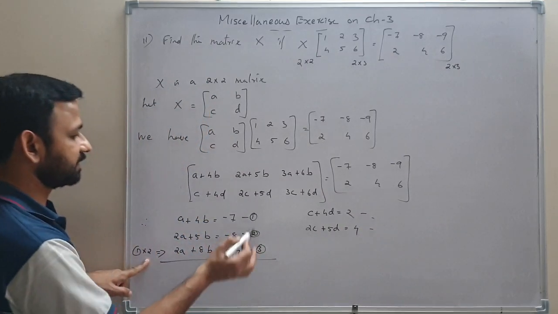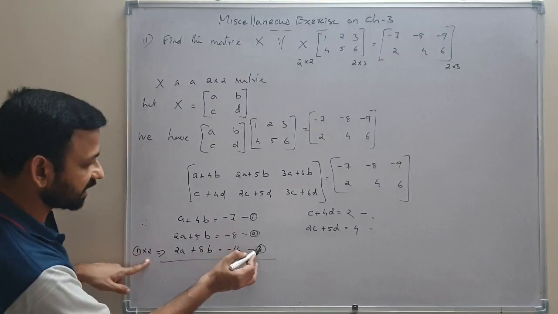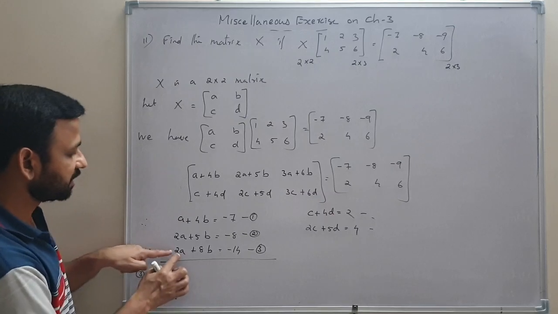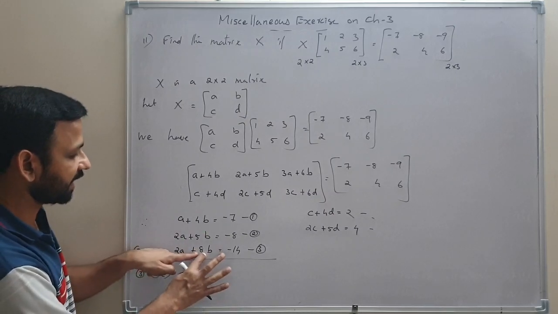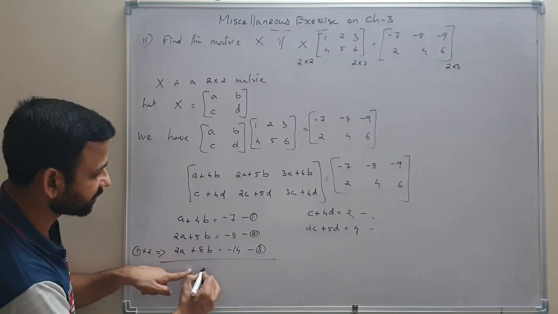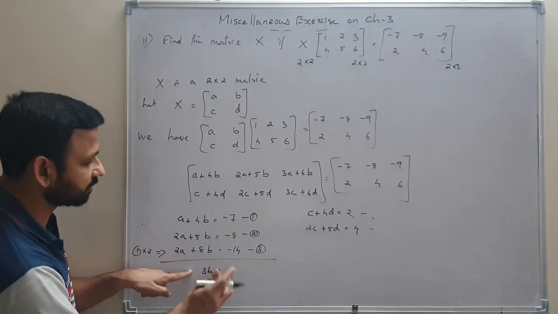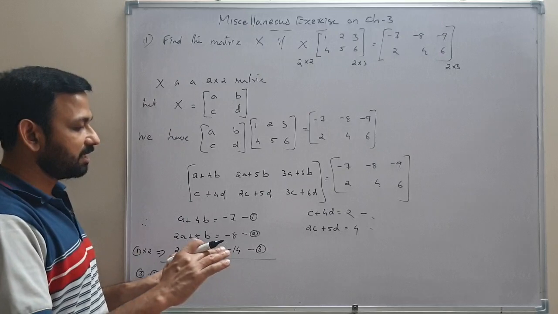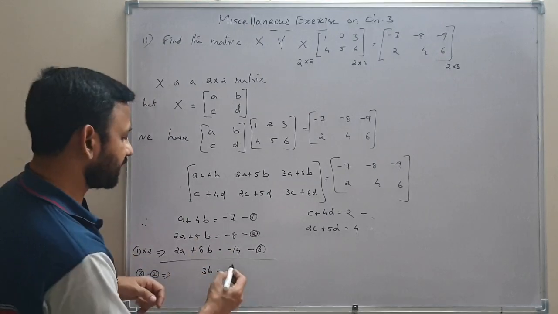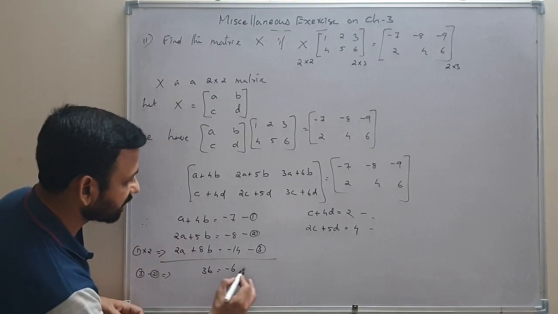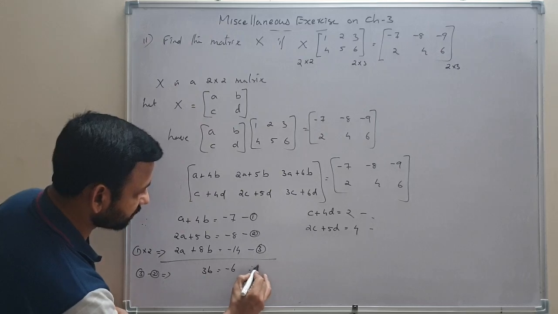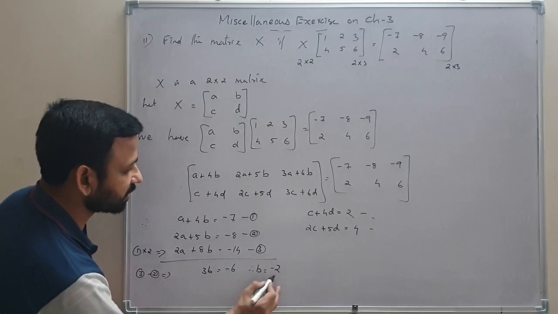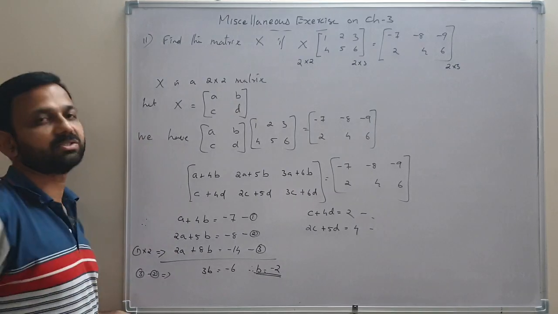Now we can find the difference between the third equation and the second equation. Equation 3 minus equation 2 implies 2A minus 2A cancelled, 8B minus 5B, 3B equal to -14 minus -8, that is -14 plus 8. So we will get minus 6. Therefore, B equal to minus 6 upon 3, that is minus 2. So now we got the value of B, minus 2.